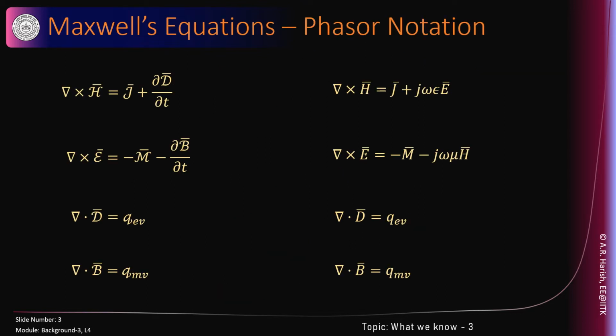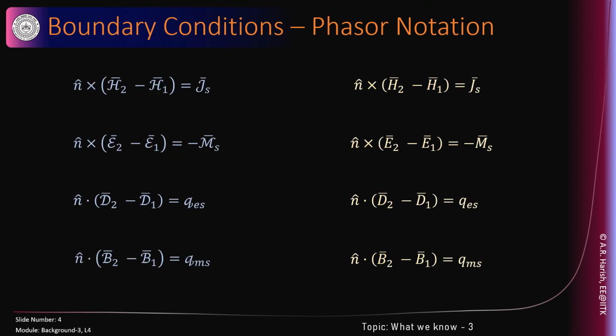Now, Maxwell's equations in phasor notation, we are all familiar with it. I'm just showing it to you so that it will jog our memory, and all these equations are available to us in one place. I'm not going beyond this point. Similarly, the boundary conditions can also be written in terms of phasor notation. Once again, straightforward. We will be using the phasor notation throughout the course of these discussions because of the convenience.